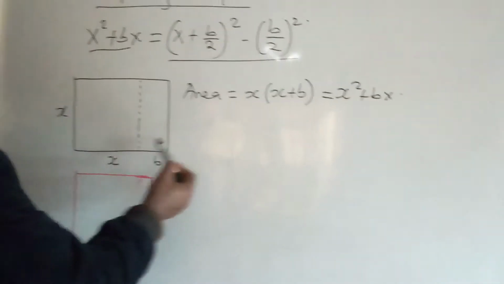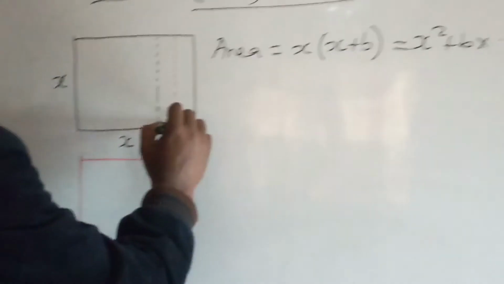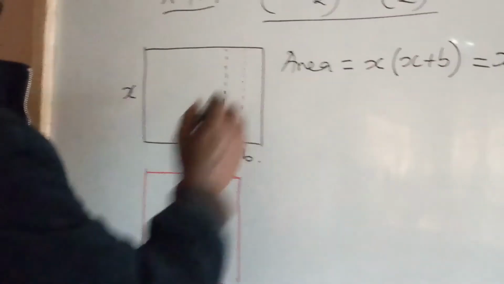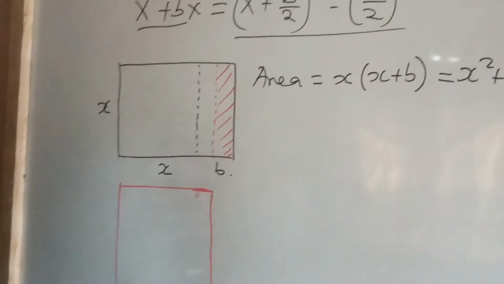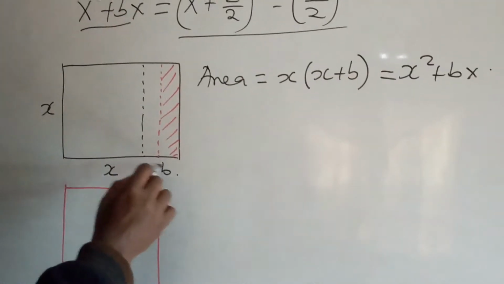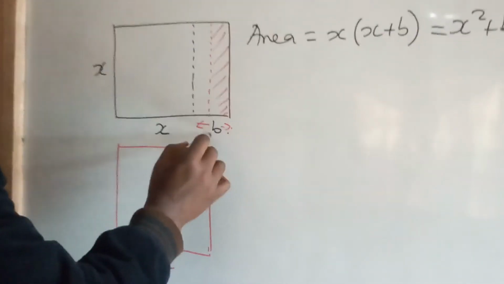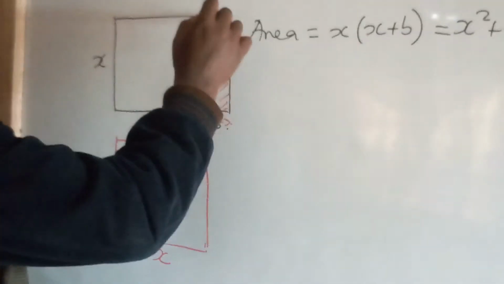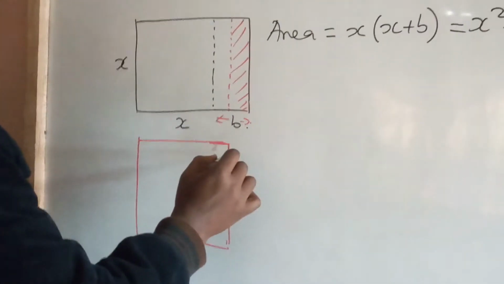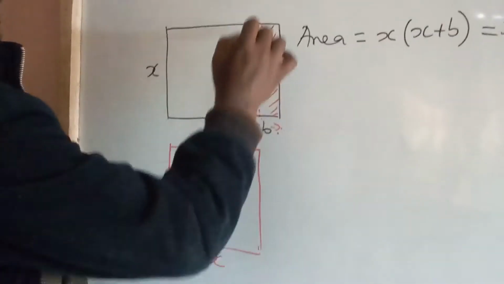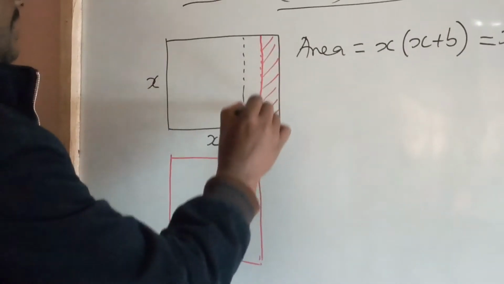From the original rectangle we may be interested to divide this particular portion by 2, and then we pick this portion whose width is b over 2, because from here to here we have b. The width of this part is b divided by 2, and the length is x. If we pick this portion, which is now shaded,